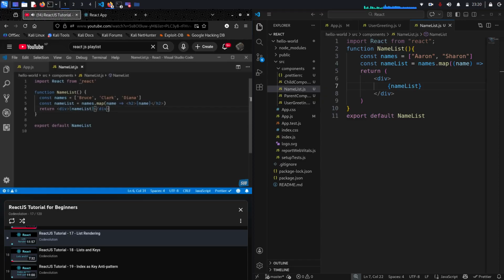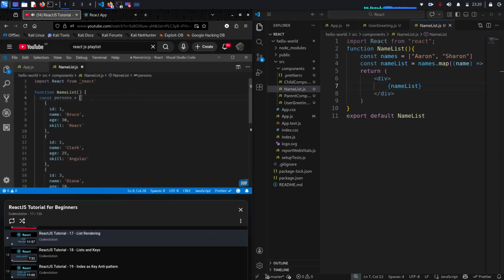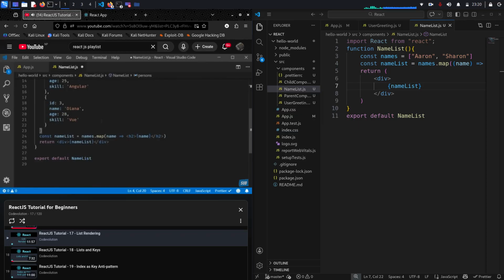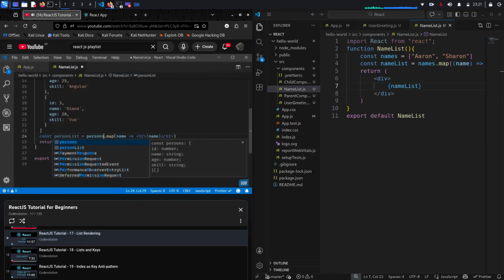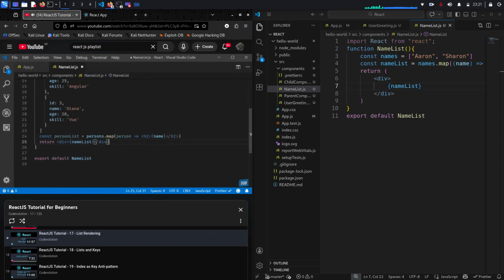I am going to replace the names array with an array of persons. So, for each person in the list, we now need to render their name, age, and also their skill. We could simply render them in the map method with additional HTML. Let's start with that. Change name list to person list, names.map to persons.map, and name to person. In the JSX, we are going to have